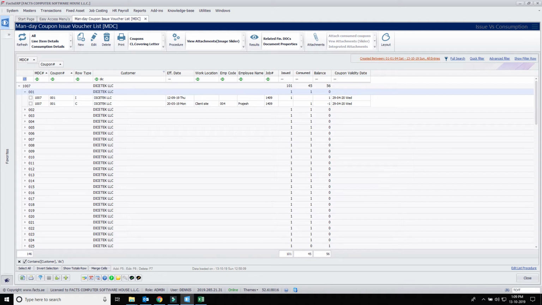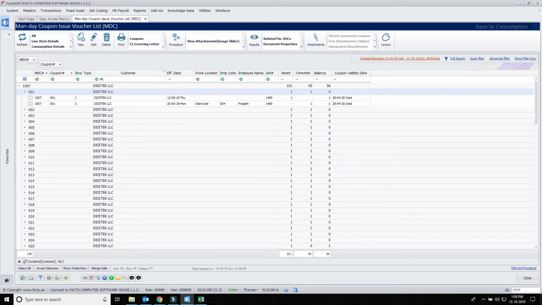Because we have complete linear data, we are not going for the summary. Whenever you see a coupon consumed or the balance is minus coupon wise total, that means twice it is now. So that is an error which you need to resolve. You need to identify, find out what went wrong and resolve this issue, because data accuracy can be achieved by doing some rectification action, right? So the mistake is notified easily.